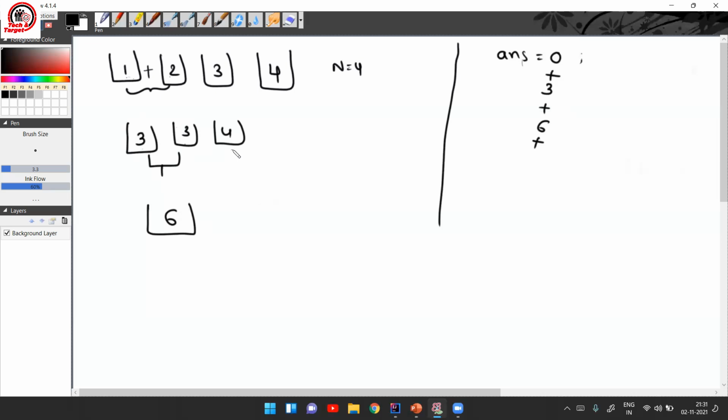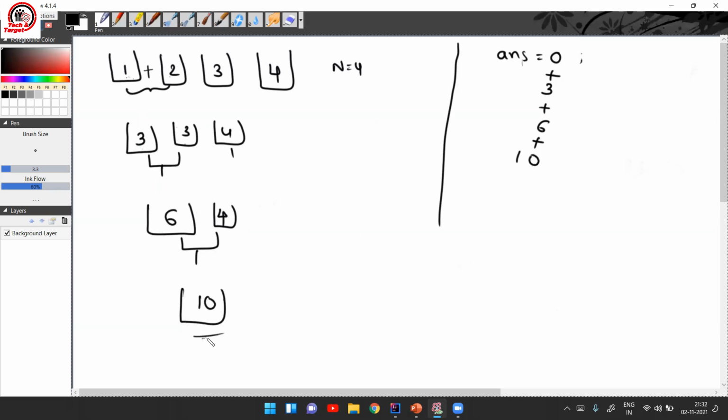Now, what is the remaining box? It is just 4. So we will take that. Now we have only 2 boxes. We'll take one more new box, and we will add the chocolates of both of these into the new box. Now, what is 6 plus 4? It is 10. So in total there are 10 chocolates. Now, what is the time required for a person to put all these 10 chocolates into this particular box? It is 6 plus 4, again 10.